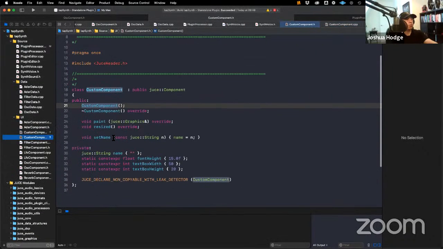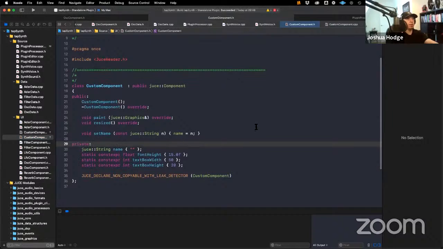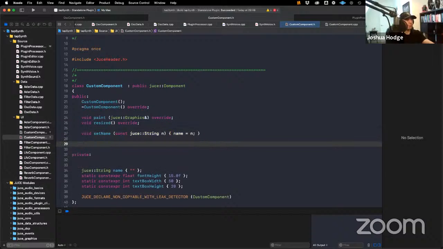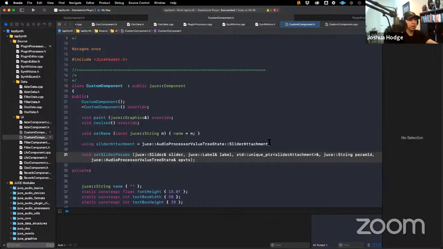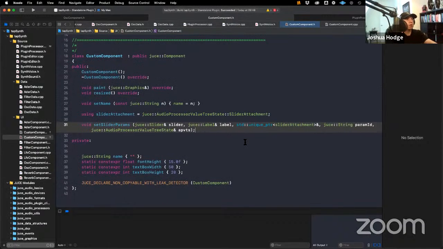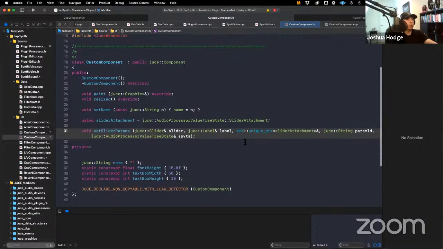Just thinking, if I want to do a custom look and feel at some point, it'd be nice to have one place where I'm changing that rather than 10. So I think that will be helpful. So there we go. So that's fine. So the idea would be that we would be able to set up